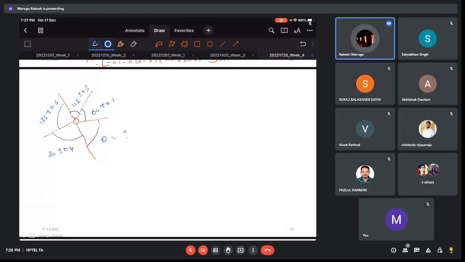So if you are wondering about the maximum dimension, it is 360 plus or minus 0.0